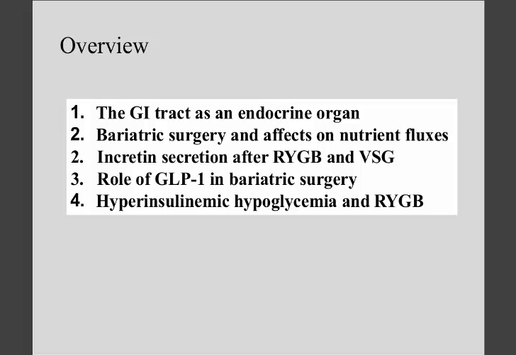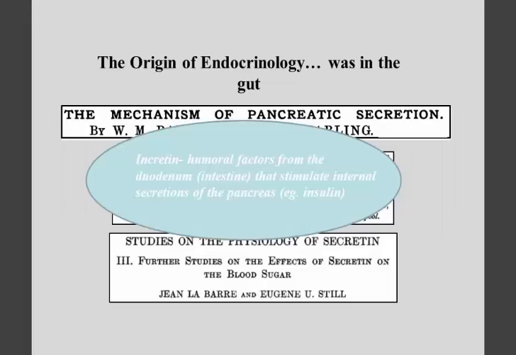But let's talk about the effects of bariatric surgery. I'm going to run through the overview again: the GI tract as an endocrine organ, bariatric surgery and nutrient fluxes and hormone secretion, and then the focus on GLP-1. Again, the first hormones that were ever discovered were in the gut, and incretins were defined just after the discovery of insulin. So it's an old term, the notion that peptides or substances isolated from the gut can stimulate insulin